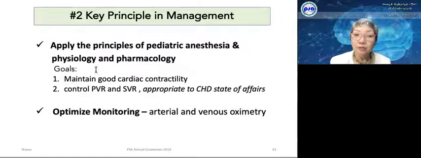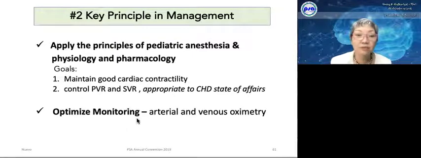However, to know what to do, we have to have good monitoring. So we have to optimize our monitoring. Yes, we need a stethoscope, precordial or esophageal stethoscope, because those are breath sounds, heart sounds can never be given by our monitors. But on top of that, I would suggest that we make use of arterial oximetry and venous oximetry for reasons